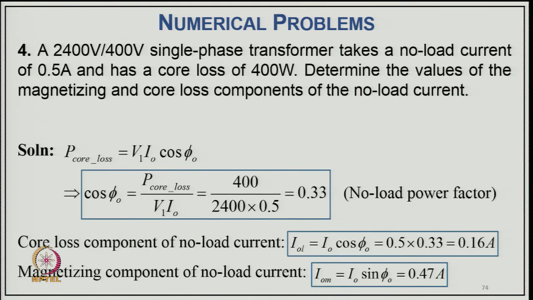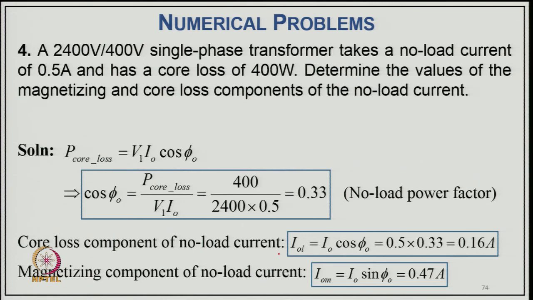numerical problem 4. A 2400 volt by 400 volt single phase transformer takes a no load current of 0.5 ampere and has a core loss of 400 watt. Determine the value of the magnetizing current and the core loss component of the no load current. So, P core loss equal to V1 I0 cos phi 0, and cos phi 0 is P core loss over V1 I0, that is putting the value 400 divided by 2400 into 0.5, equal to 0.33,